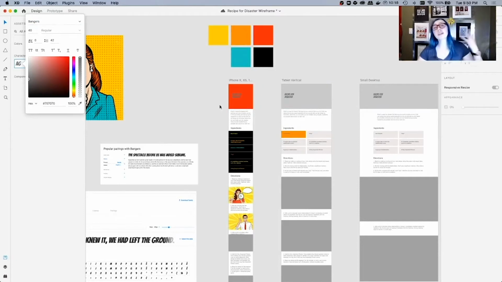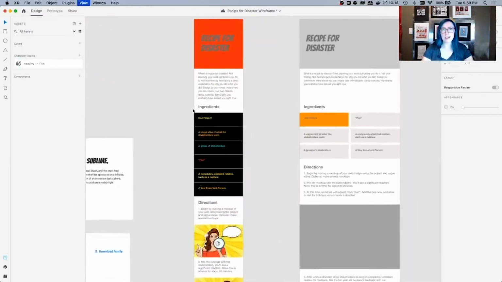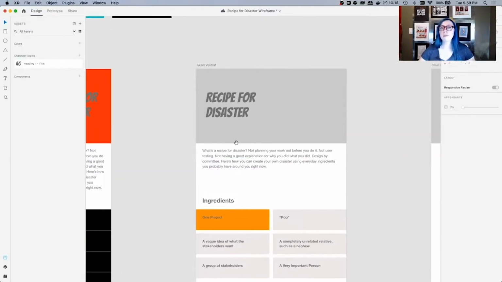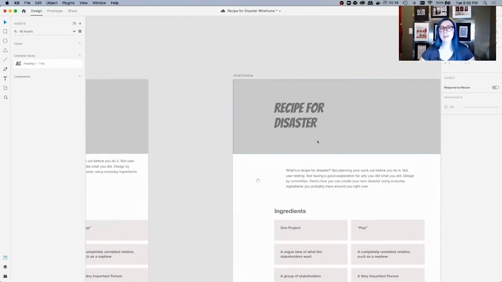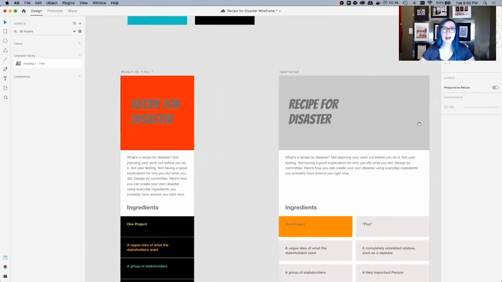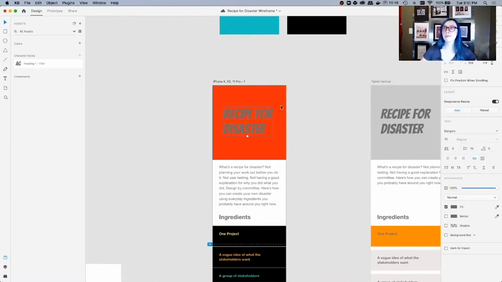Now I want this to be really big, bold type. So I'm just gonna start messing with this type size and see what I can do to get it looking nice across all 3. So 90 is still too big. Let's try 70. I want something, ooh, that's perfect. I want something with big impact on the title. And we can always work our way up. If we want a larger title up in the desktop, we can always add more there. But let's start with this for now.